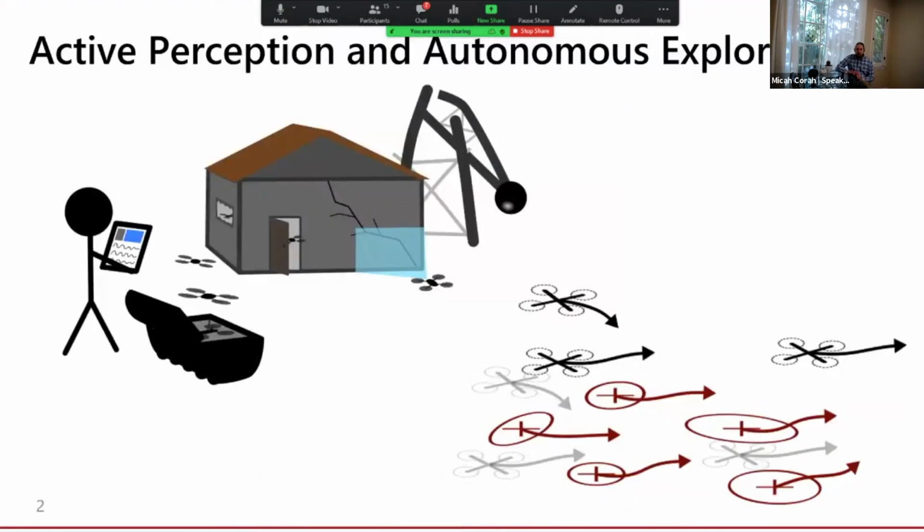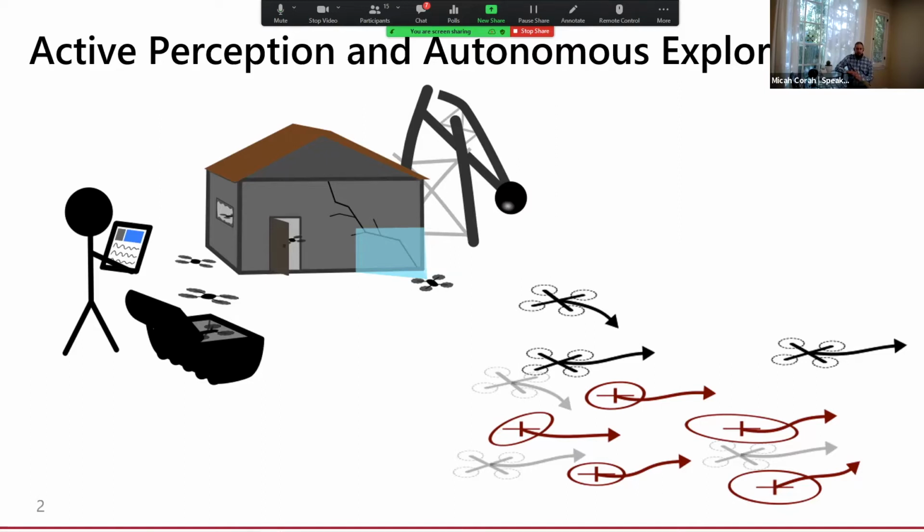Active perception and active sensing are relevant to an extremely wide variety of robotics problems and application domains. In this talk, I will focus primarily on problems related to exploring, or you could say autonomously mapping, unknown environments. And in the case of the DARPA Subterranean Challenge, we're interested in searching those environments for a variety of different objects as well. I will also discuss target tracking problems, where robots track some number of targets, say cars, people, or wildlife. And then if the targets are stationary, we're talking about localization instead of tracking, and the same methods apply.